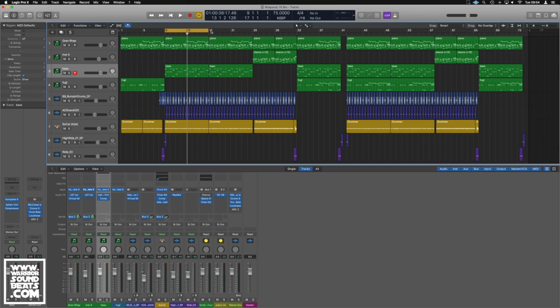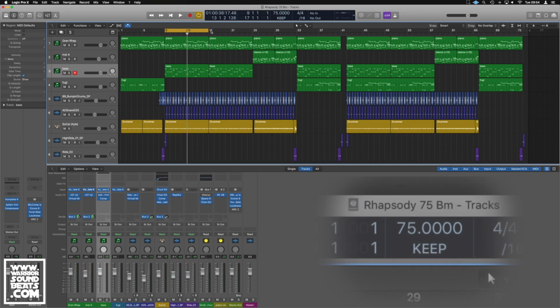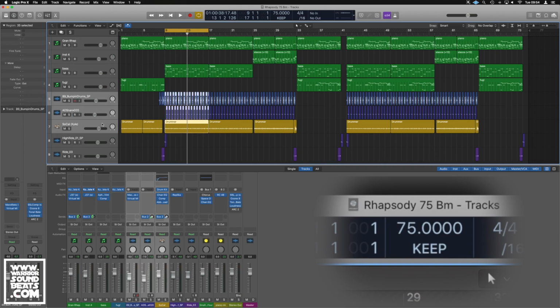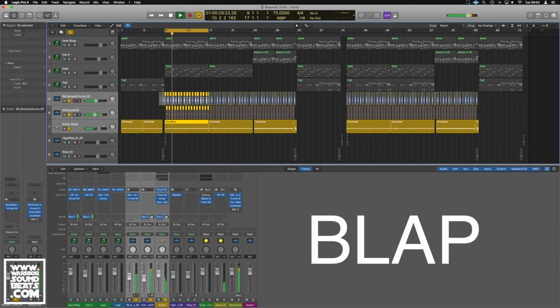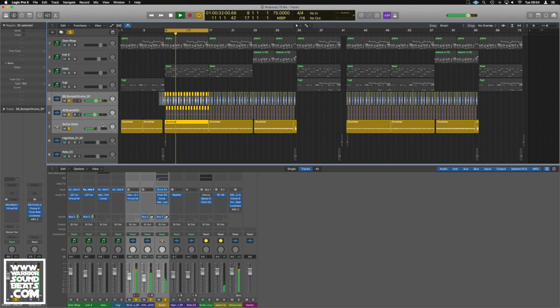So point number 2 is tempo. The tempo for this beat is really slow. We're right down at 75 BPM. If we take just the drums, for example, it becomes really obvious just how slow we are. Just kind of plods along, but there's enough going on, and we use the hi-hats on all the intervals to